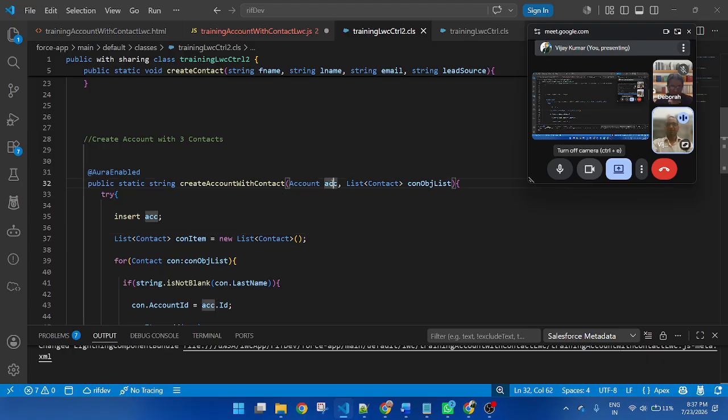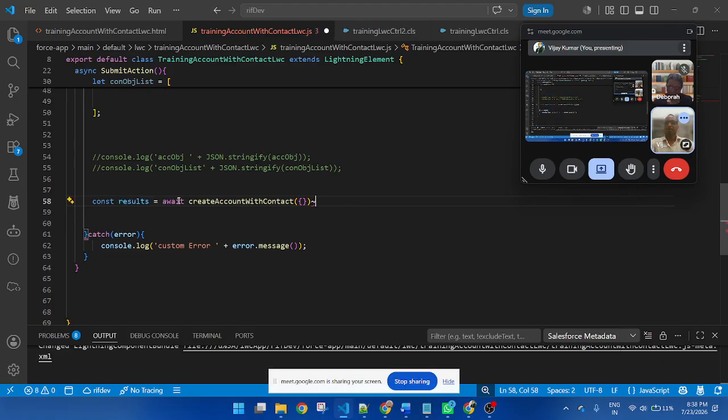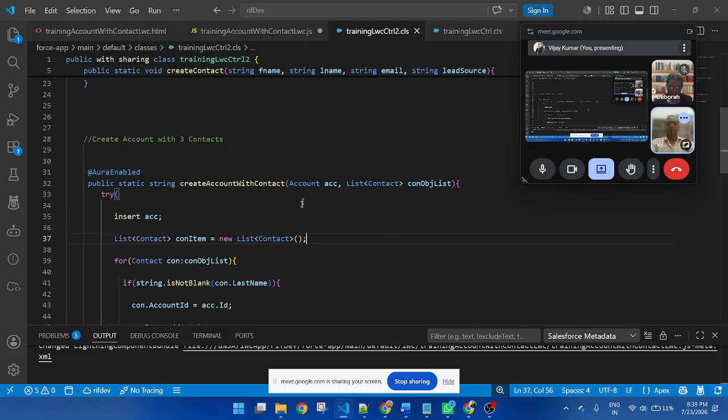there are two parameters applied. Account, so I declare a variable, and this is a method. There are two types of variables. These are the parameters of the method: account, and list of the contact.